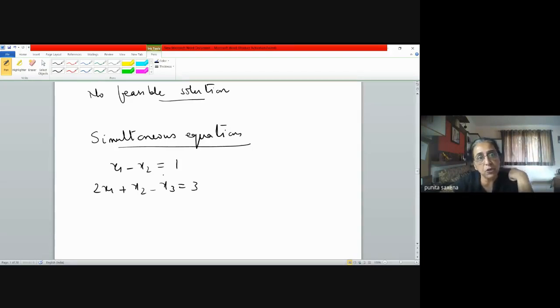We can solve it manually also. But then the problem is that practically, supposing we come across a big system of equations, say 10 equations and 20 variables or 20 equations and 15 variables, whatever, right? In those cases, of course, elementary row operations come handy. So we solve by reducing the given matrix into a triangular matrix and then solving it back and getting the values for the variables. That's how we've learned in class 12, right?